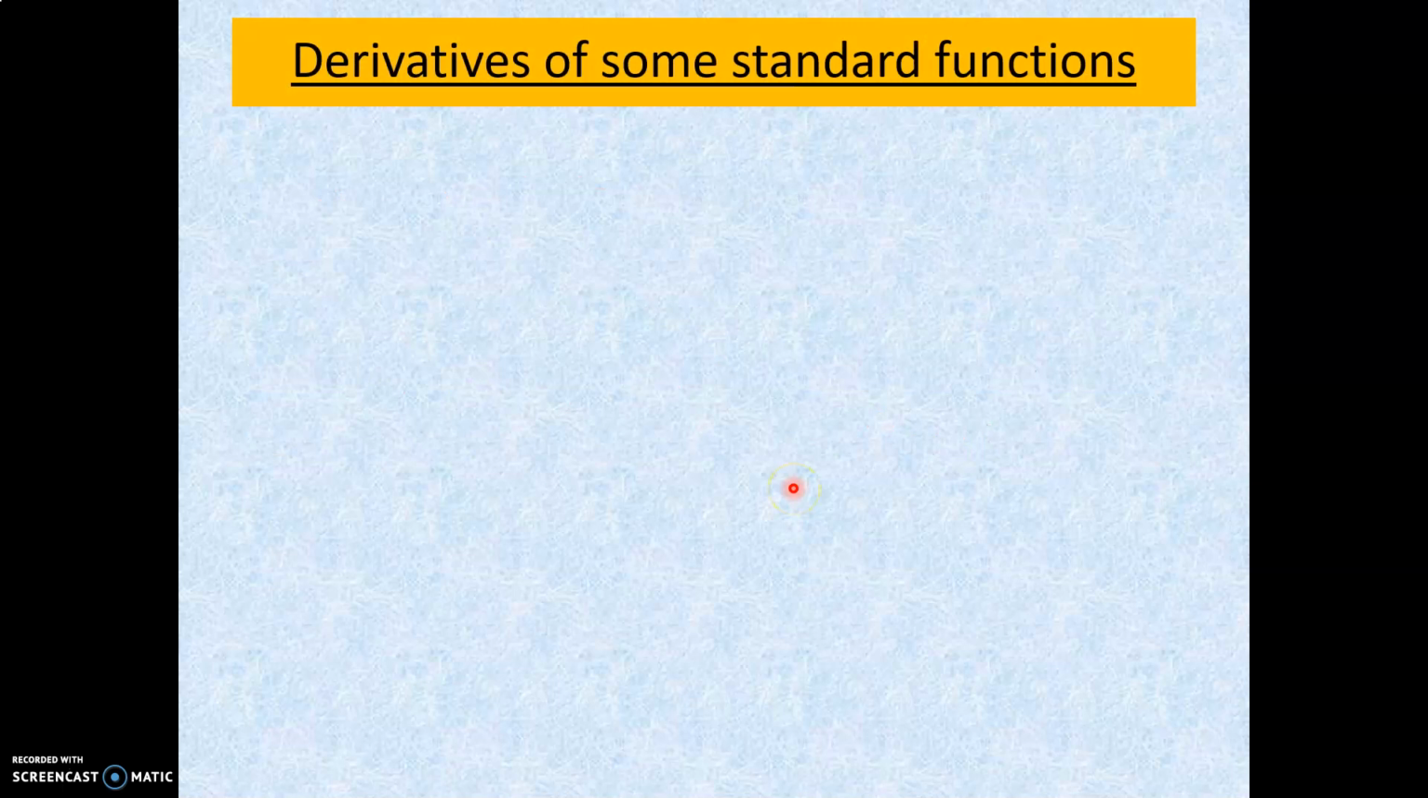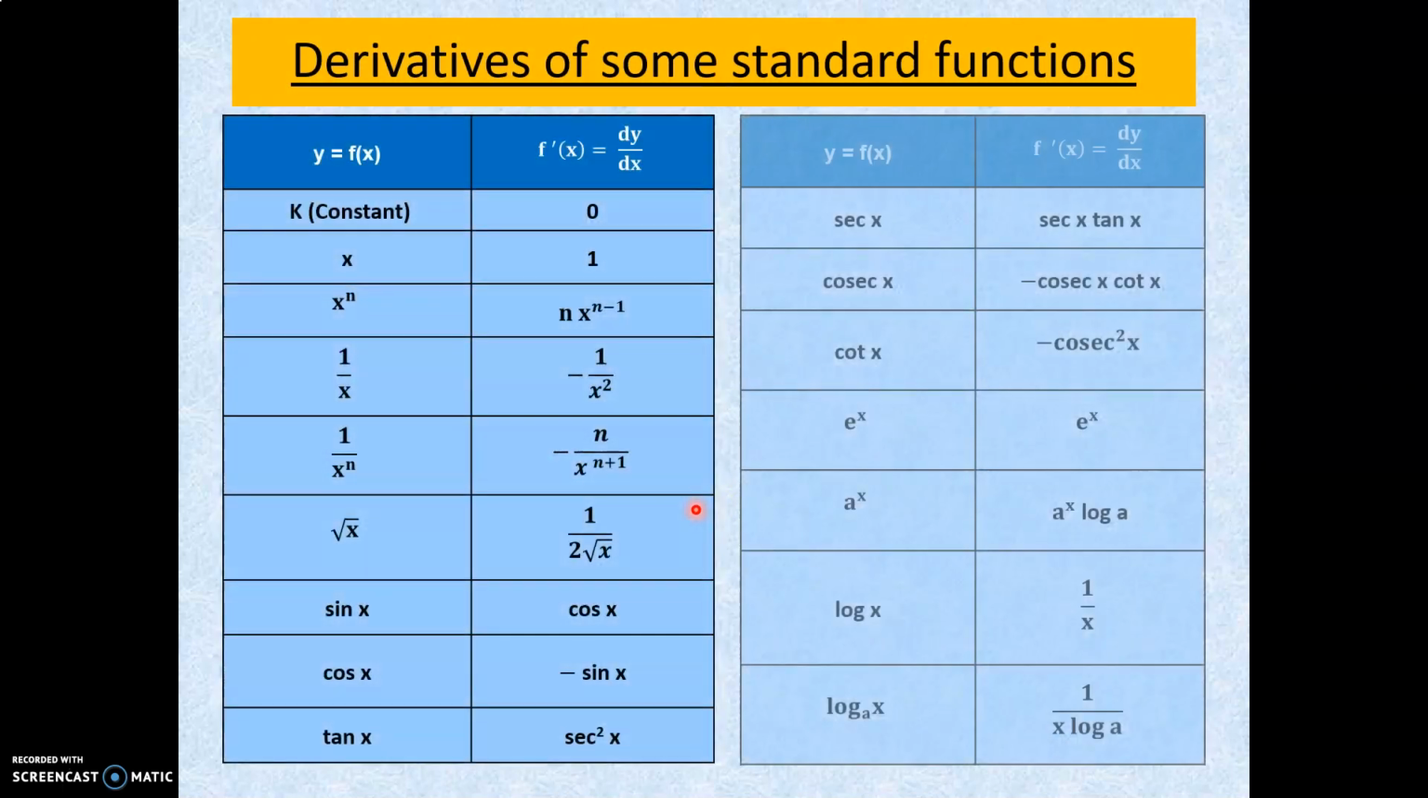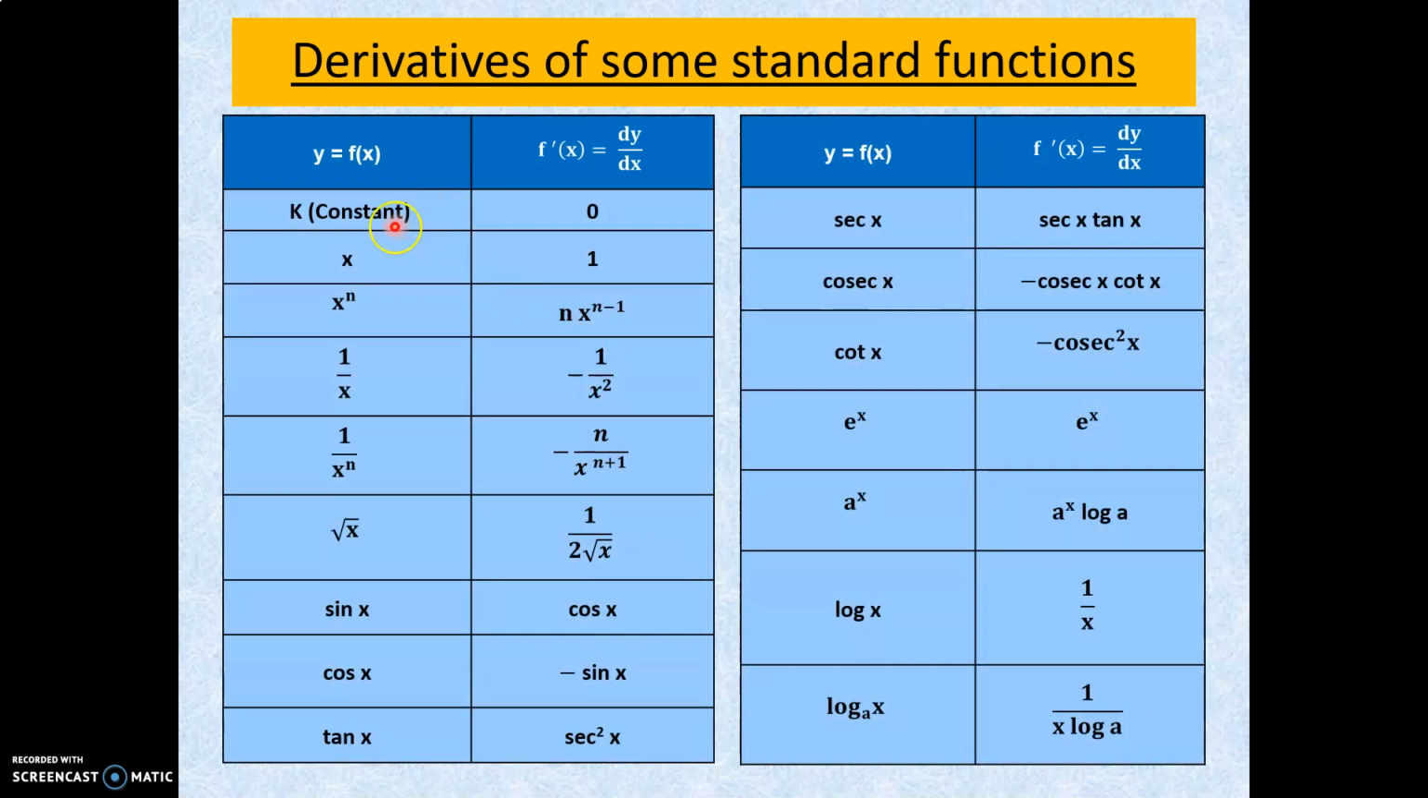Derivatives of some standard functions, we already studied these tables last year. You can remember this once again. So derivative of constant is 0, derivative of x is 1, derivative of x raised to n is n into x raised to n minus 1, derivative of 1 upon x is minus 1 upon x square, derivative of 1 upon x raised to n is minus n upon x raised to n plus 1, derivative of root x is 1 upon 2 root x, derivative of sin x is cos x, derivative of cos x is minus sin x,